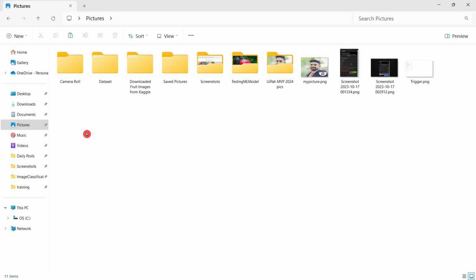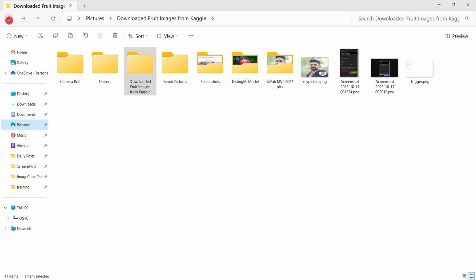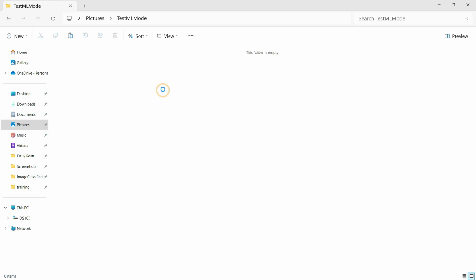where I created that test folder just now. Sorry, I should have created the test folder under Pictures, called test ML model, and I did not write it properly. It's fine. I'm going to paste the very first image, let's say mango, and then I'll go back and